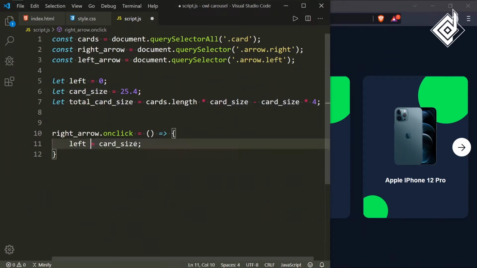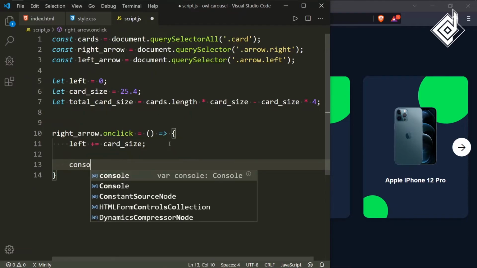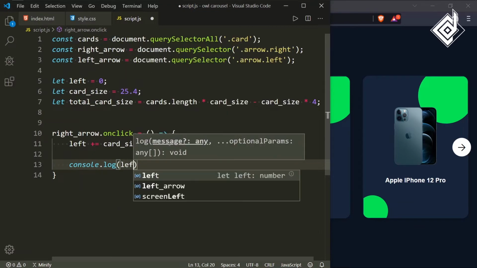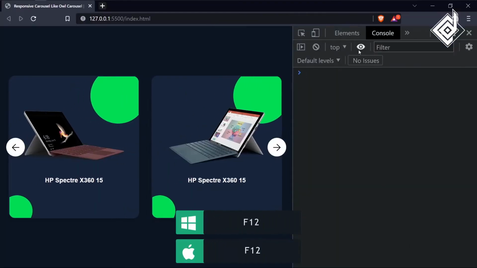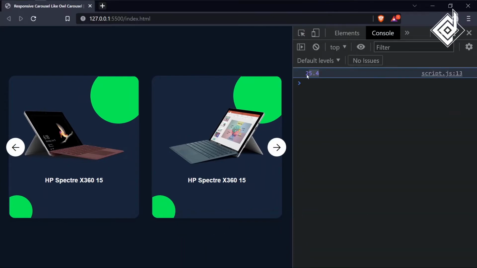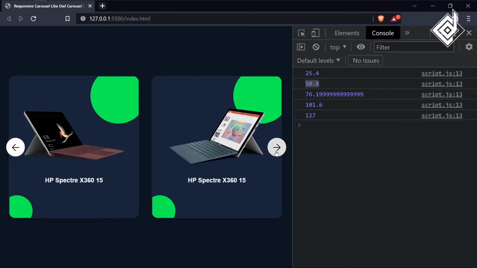This code can be written as plus equal to card size. Now let's see it in the console. I'm writing console.log left. In the browser, if you press the F12 key and go to the console tab, now when you click that right arrow, you can see 25.4. Whenever I'm clicking the right arrow, the left value is increasing by 25.4.